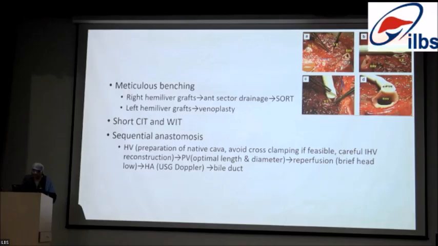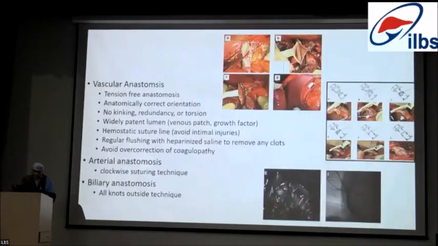After that, we do a Doppler to confirm inflow and outflow. And after that, we do the bile duct. We prefer duct-to-duct anastomosis, because in these patients doing a hepaticojejunostomy is not straightforward. With the edematous tissue, making a window in the colon and attaching edematous bowel to the bile duct, the chances of bile leak are very high. That's why we always divide the bile duct above the portal vein bifurcation to have multiple openings. Even if multiple bile ducts come on the graft side, we can do a multi-biliary anastomosis.